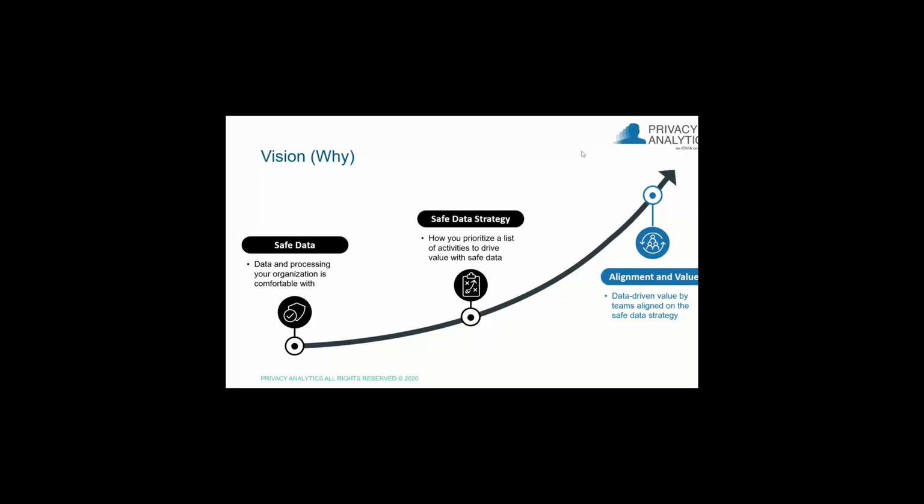Ultimately, the goal is that strategy needs to be transformative. We're looking to the future. At the root of those business objectives is generating sustainable value from this data. We want trustworthy systems that are adaptable to future needs. Obviously, an underlying theme here is data-driven value. We're talking about data strategy, and about driving insights from data. Data-driven value is at the core of this. But we need teams that are aligned on that safe data strategy in order to execute.